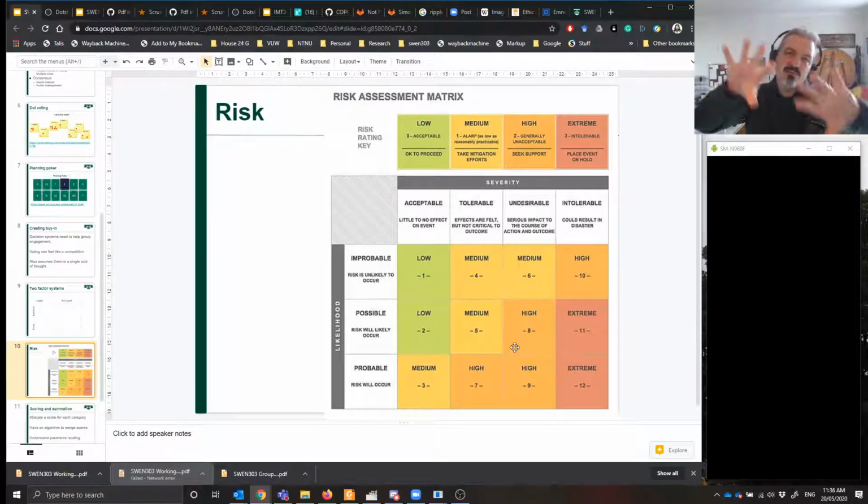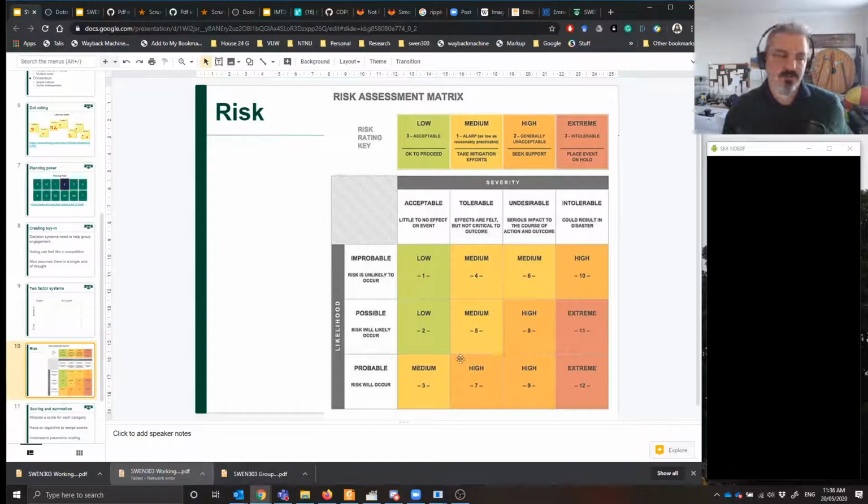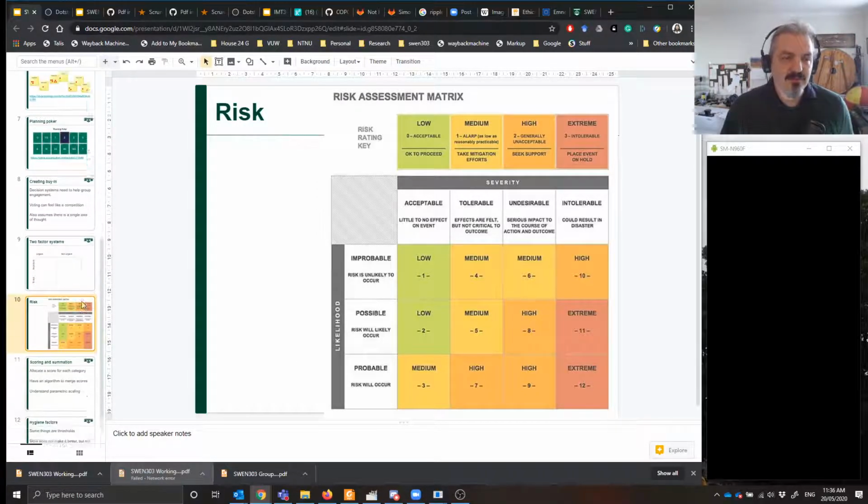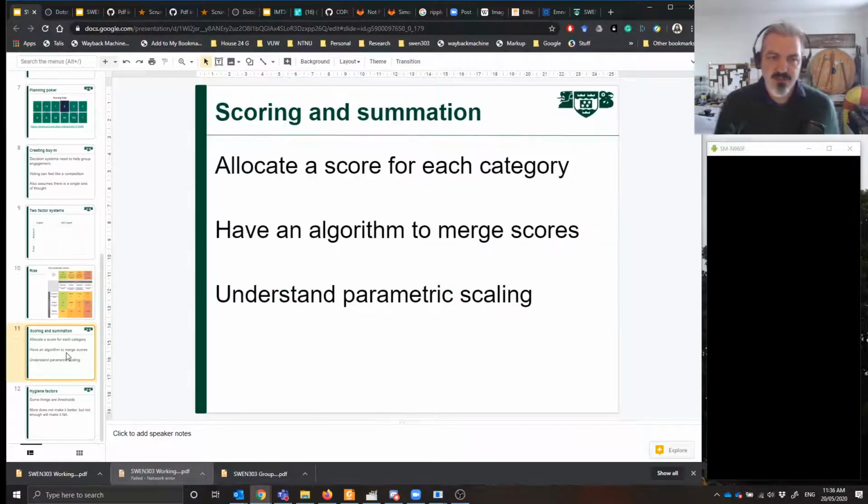Okay, so that's kind of a way that you might build one value this way, one value that way, and then have a different way of interpreting the combination of those two. Okay, and those are up to you how you do that evaluation. Okay, so